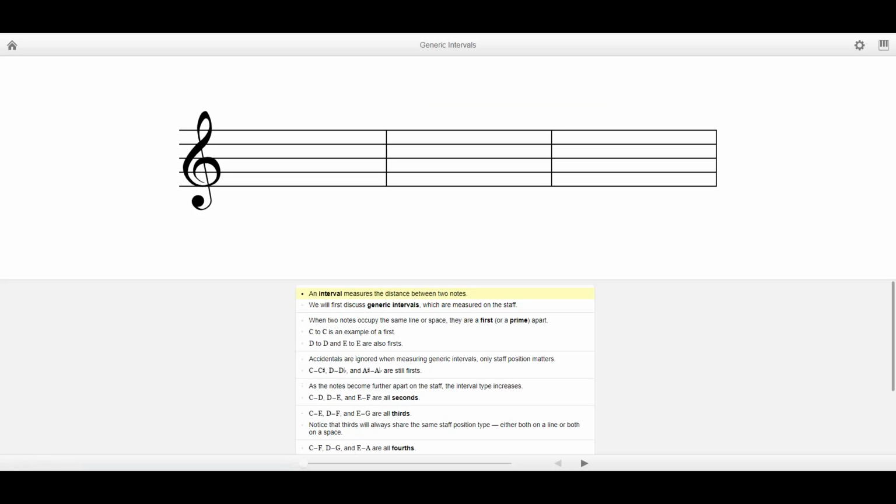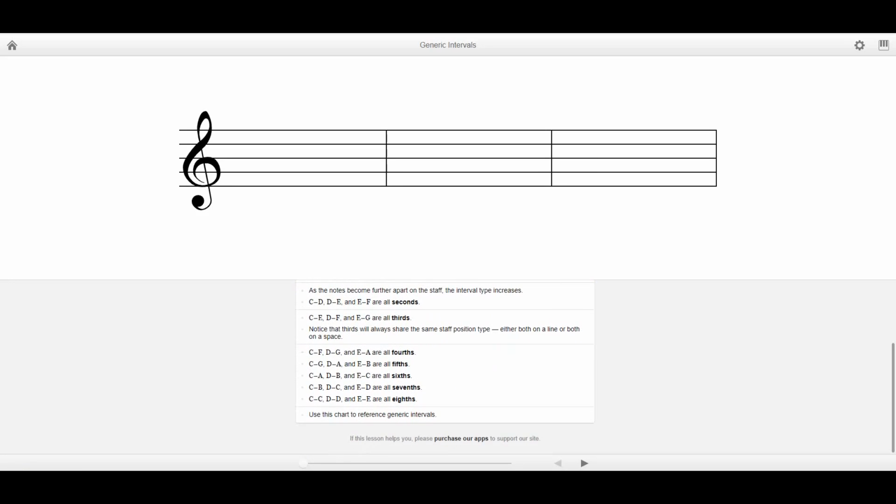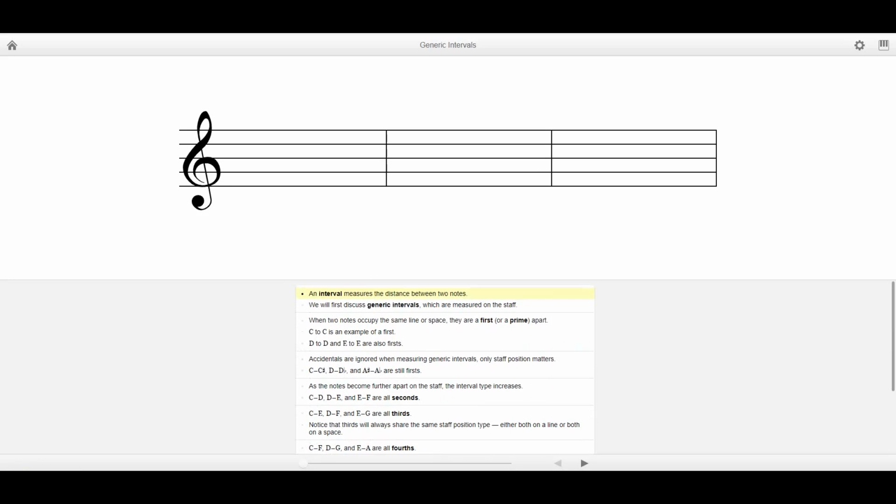Once you've gotten to the first page of the lesson, as you notice, there's some lines of text all the way through here. And basically, as you click a line, it takes you through the lesson. You can either click the line, or you can use these little arrows down here at the bottom, and it scrolls through the lesson for you. If you notice, the staff is still blank as it's talking about these. As you continue through the lesson,